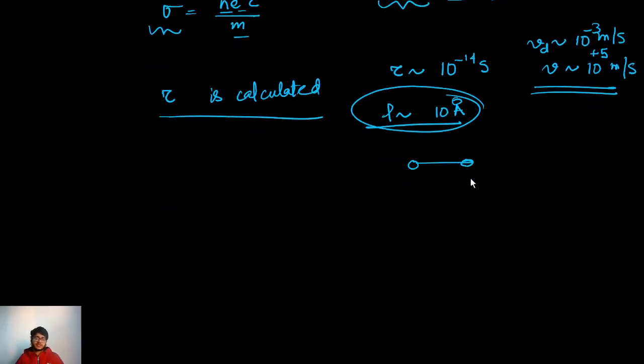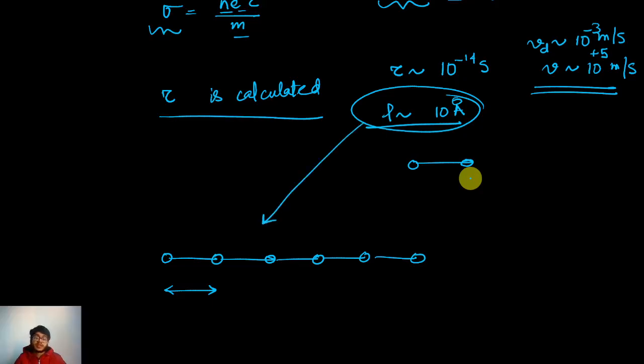So what we see is that electrons collide with every atom in this way of thinking about it. Let's say there is a chain of atoms, and the mean free path is just the length between two atoms. It's of that order. So the electrons are actually colliding with every atom. But that is not the fundamental assumption of Drude's model. Drude's model says that the electron very, very rarely collides with an atom. So that is where there is a mismatch between experiment and theory.